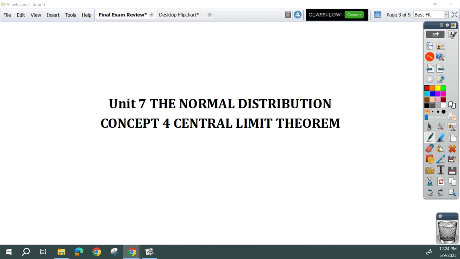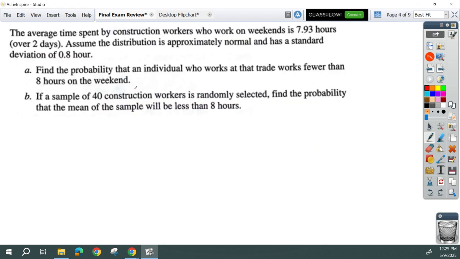Hey y'all, in this video I'm going to review the central limit theorem, which was when we talked about the distribution of sample means. It looks a lot like just the regular normal model, but there is a specific difference that we need to pay attention to. So I chose this problem from 7.4,